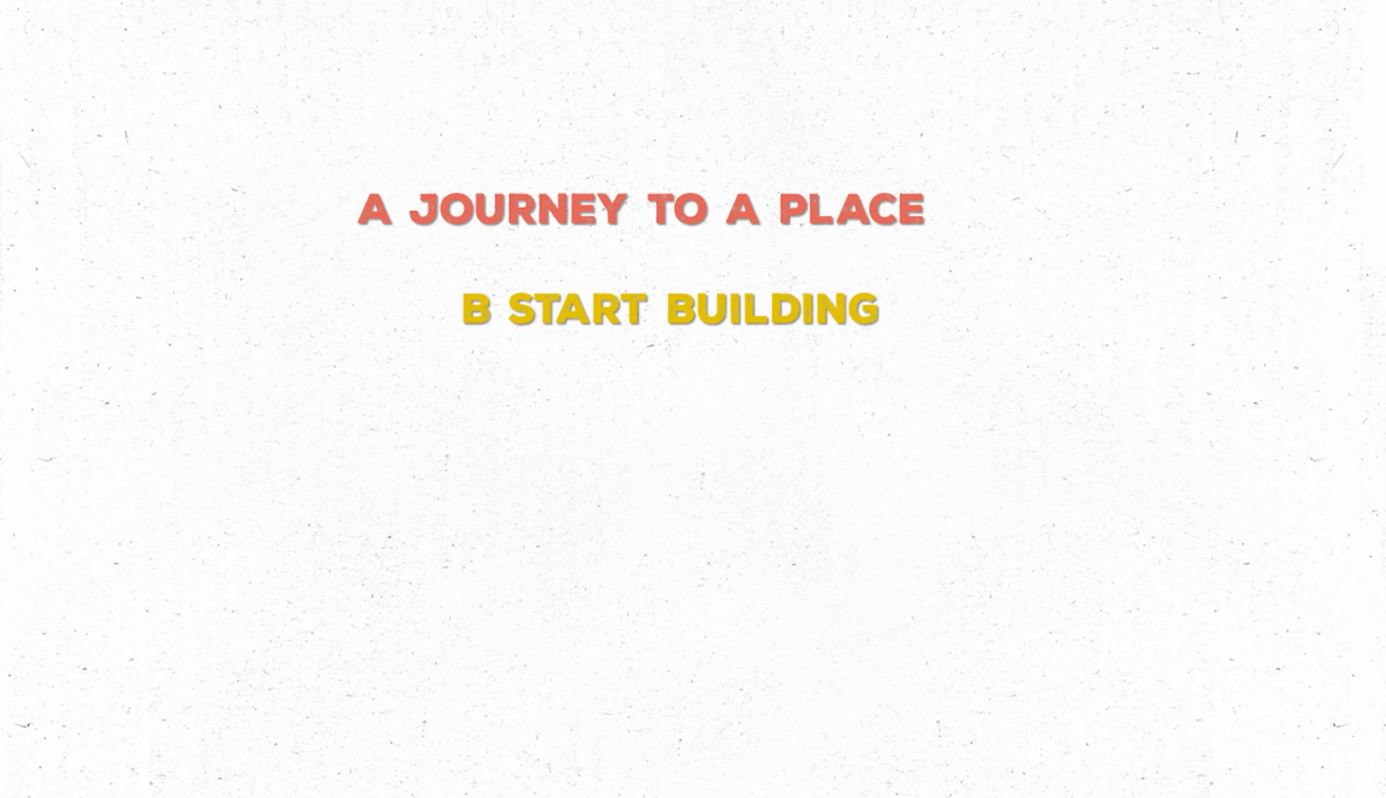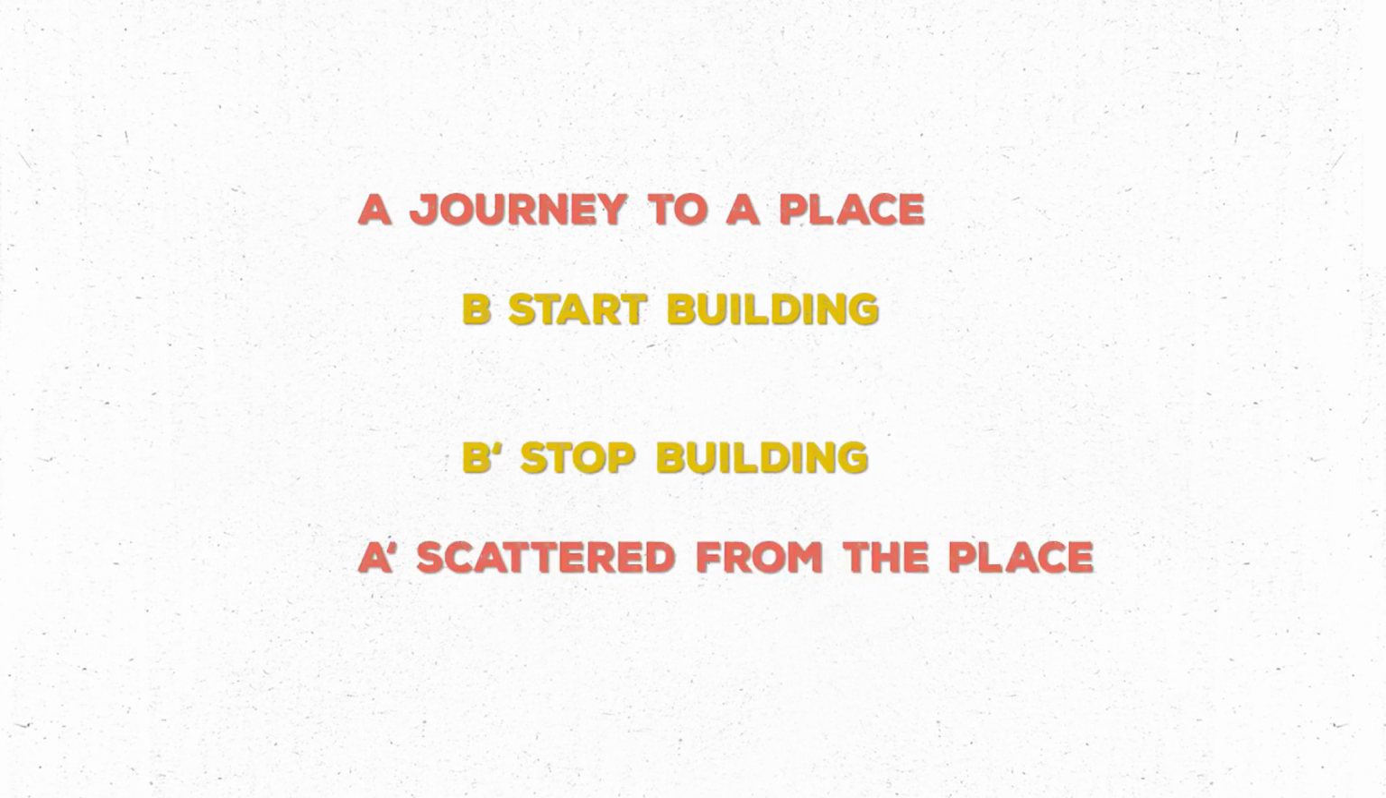So in the first part, they journey to a place and begin building, while in the second part, they stop building and are scattered. So we can already see the general outline of the structure, and the whole thing becomes even clearer once we take a closer look at the text and pay attention to repeated words and ideas in